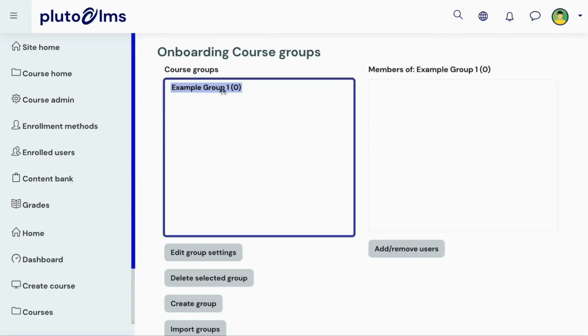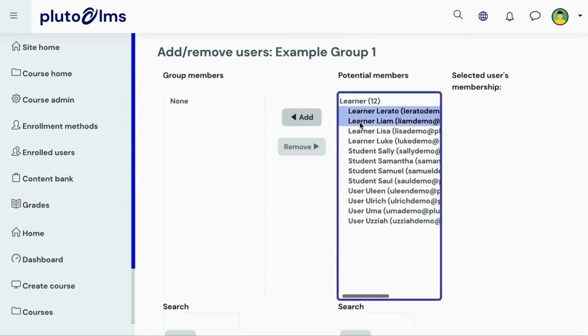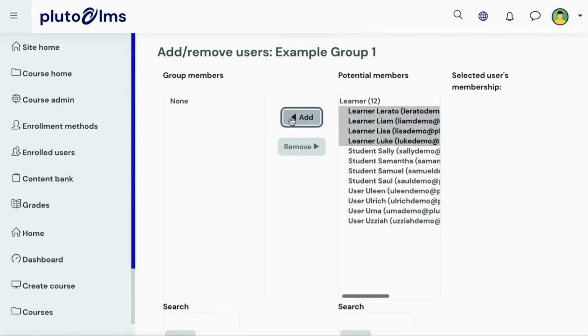To do so, you can select the group and click on Add or Remove Users. Learners need to be enrolled into a course in order to be added to a course group. From the list of potential members, you can select the learners you would like to add to the group and